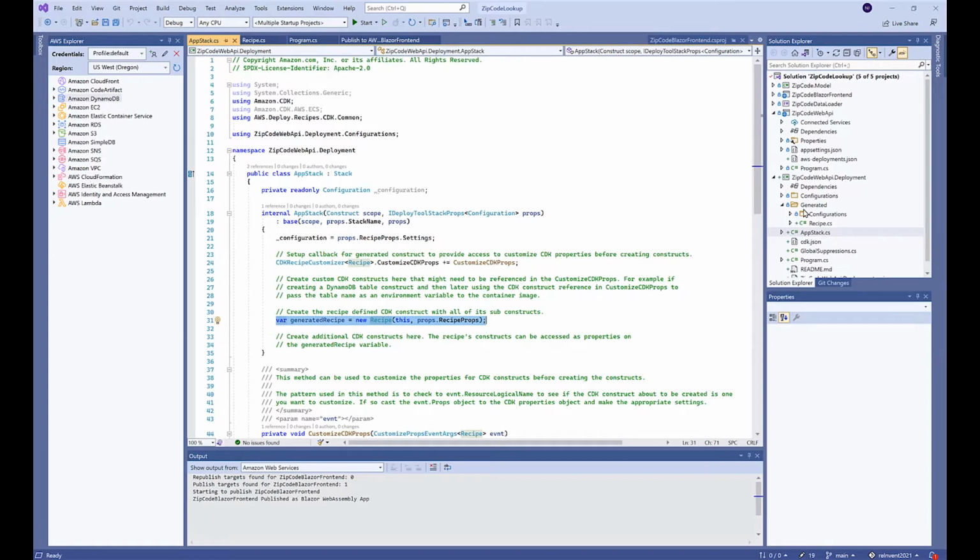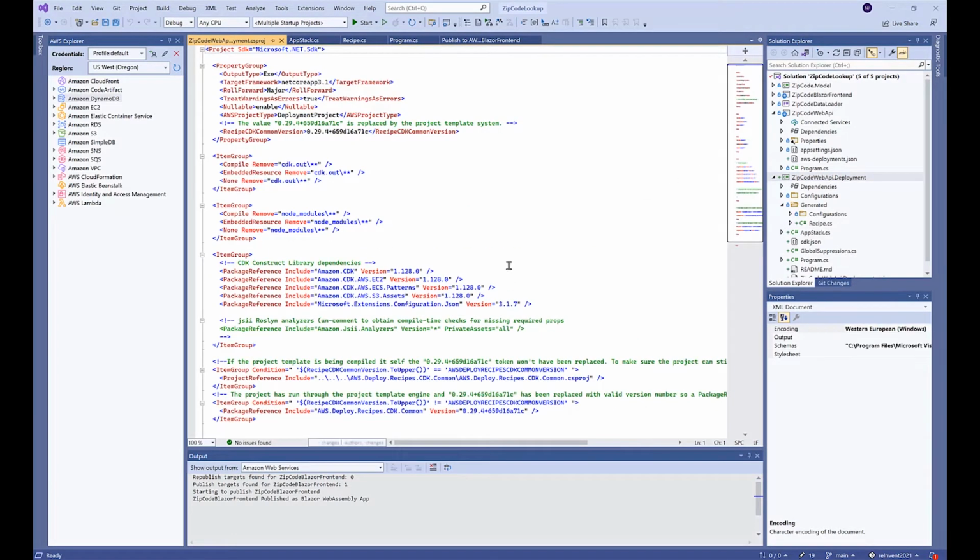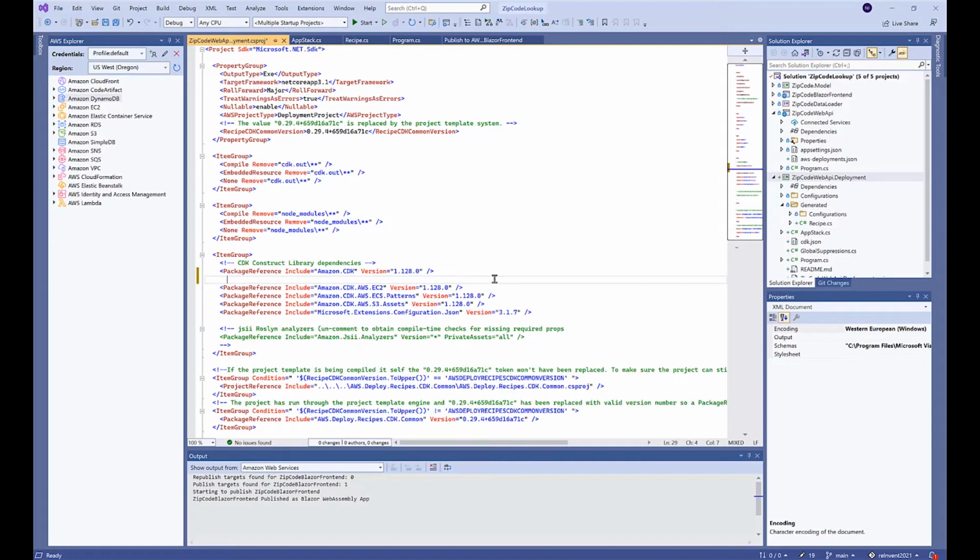Now to get started adding my DynamoDB table, the first thing I need to do is add a NuGet reference to my deployment project, to that CDK project. So I'm going to go ahead, instead of using the NuGet wizard, and go straight to the csproj file and directly add my package reference into there.